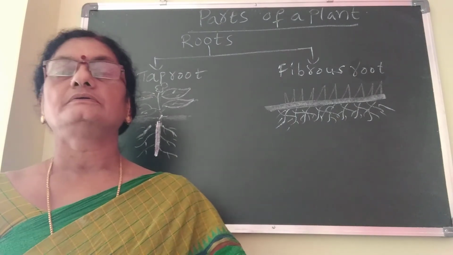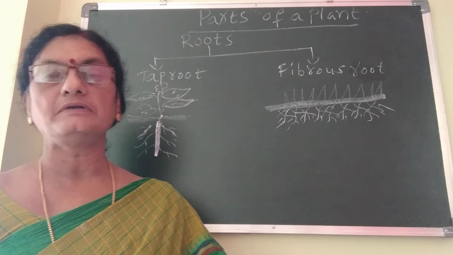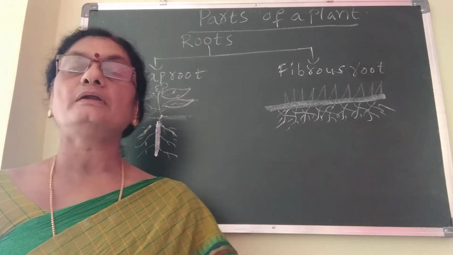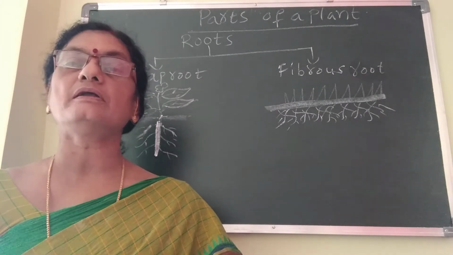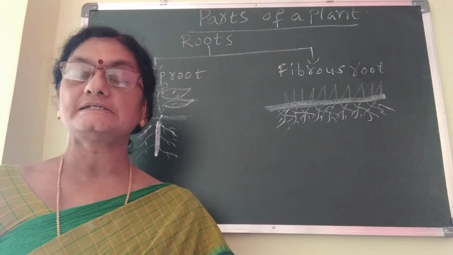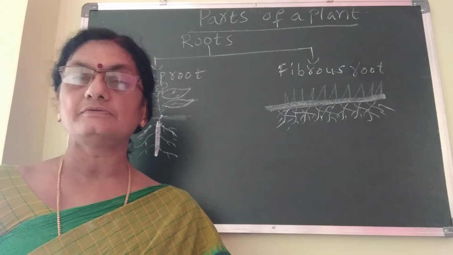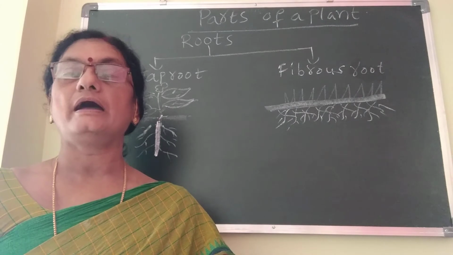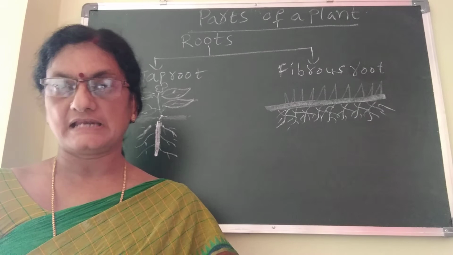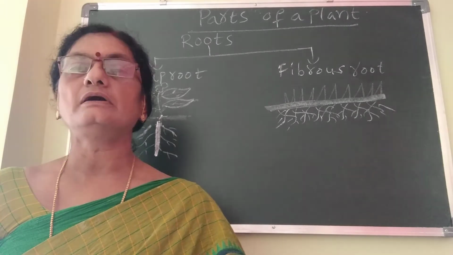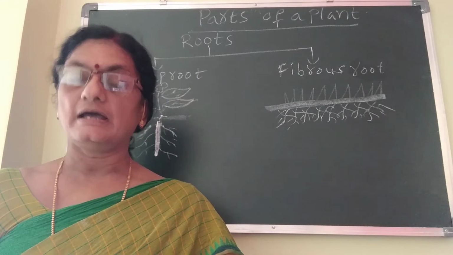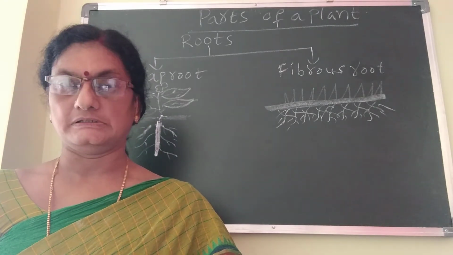In previous class, you learned about parts of a plant. The part which grows above the ground is called shoot or stem. The part of a plant which grows below the ground is called root. The shoot of a plant bears branches, leaves, flowers and fruits. About this you learnt in previous class. Now you are going to learn about roots, the types of roots and the function of roots.